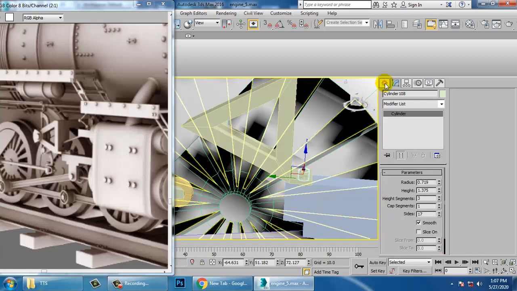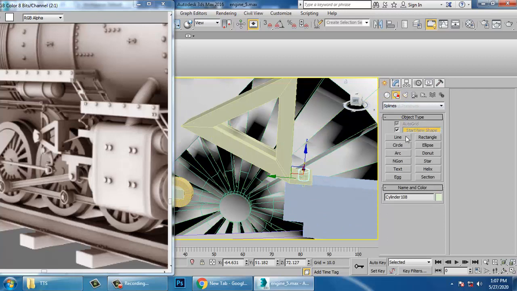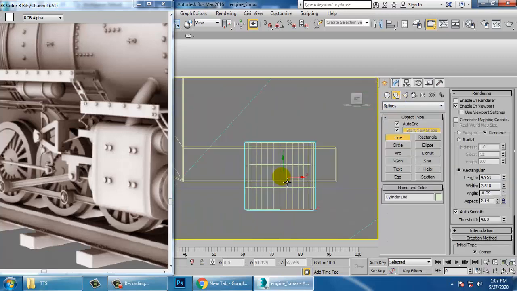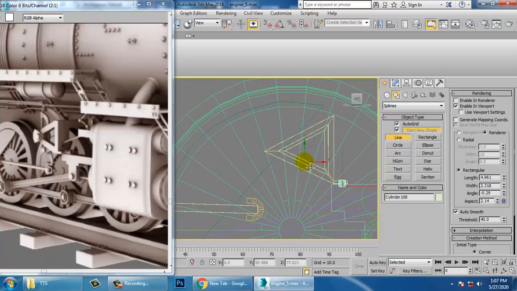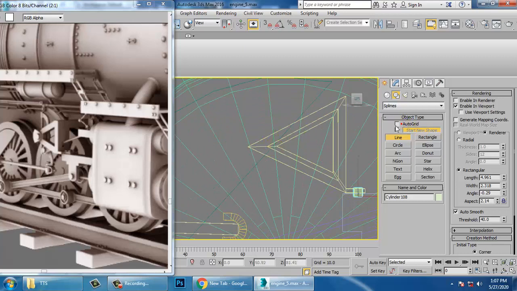Again take a line tool, go over here into the side view of this, enable in viewport. Close it.